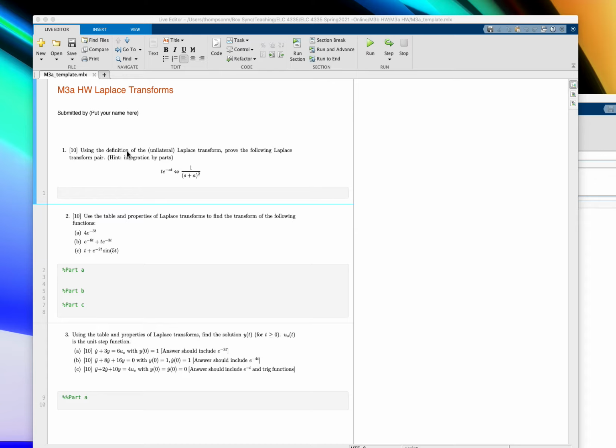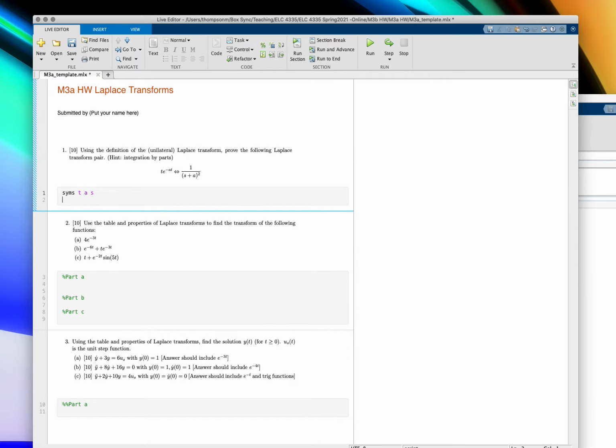All right, so the first problem here is to use the definition of the Laplace transform to show this Laplace transform pair. We're going to use the symbolic toolbox, and so we have to define symbolic variables. Looking at this, I see a t, an a, and an s, so I put all those in there. And then I realize this signal, if I called it lowercase x of t,